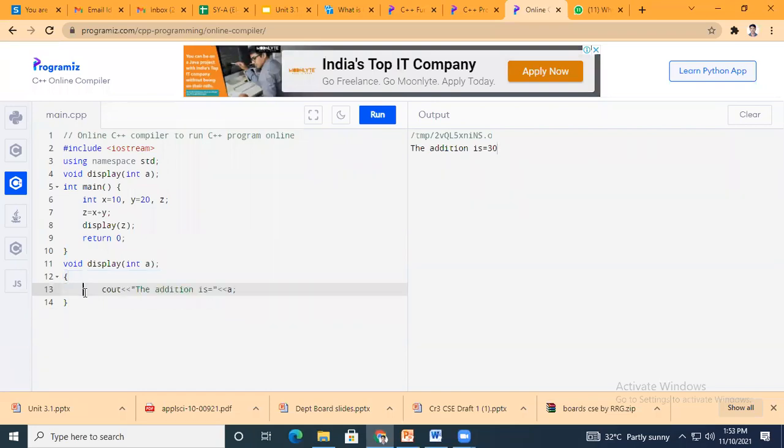If you wish to declare only the name of the function, then you are allowed to give a semicolon, as I mentioned here in the fourth line. But if you wish to write the definition, don't use a semicolon for the function definition. Okay, so remove that semicolon.